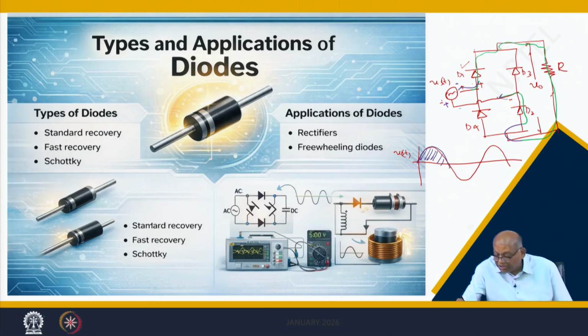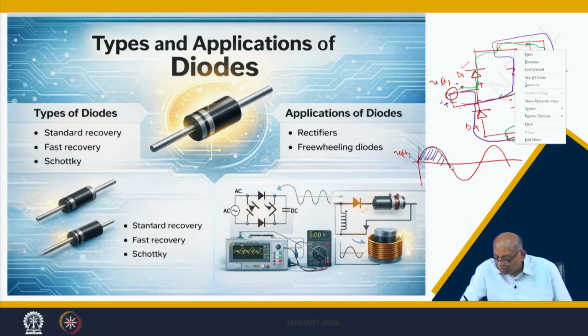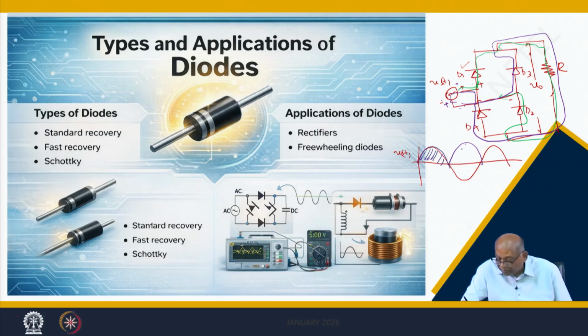So, once this becomes positive, this becomes forward biased, then the current goes like this, comes back like this, and this completes the circuit. Again this one becomes connected to this. So, again this one will just flip, so it will keep on. So, this becomes a full wave rectifier,